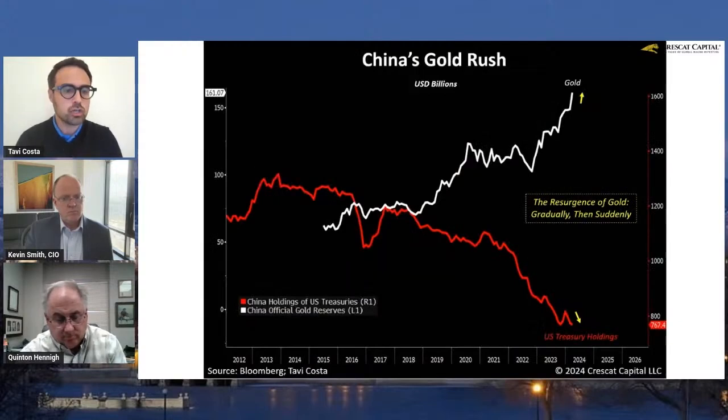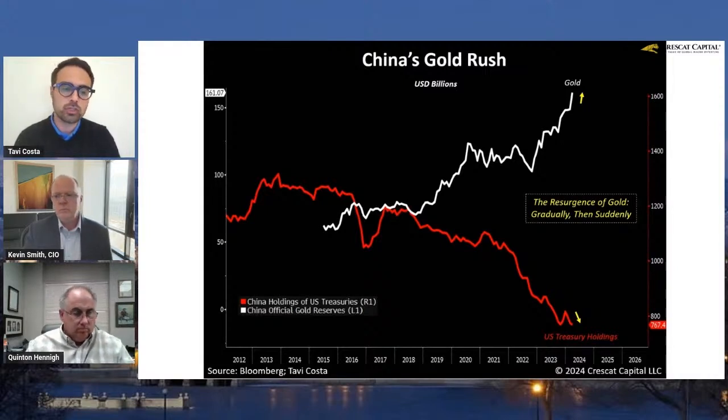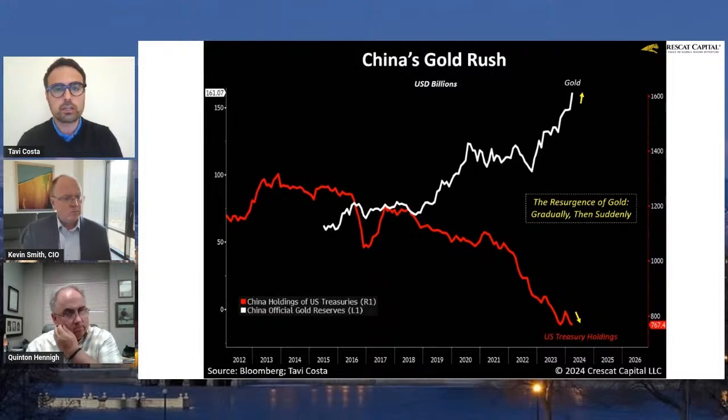And so you can see in this chart, there's a Chinese gold rush that I called in this title of this chart, which basically really is just China accumulating gold in exchange for U.S. Treasuries, as you can see here. And this is an important aspect, as you can see. A lot of economies are being forced to improve the quality of their international reserves, as we tend to see historically. When most of those institutions and the federal, or I should say central banks overall, start to really accumulate gold, this is the time when